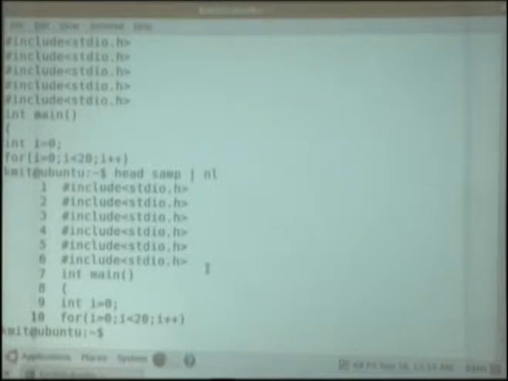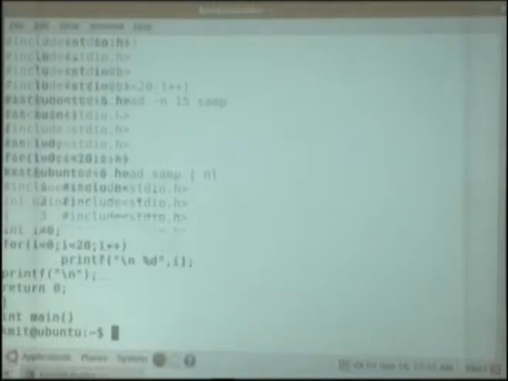I can change this by typing the command with option n and the number of lines I am interested in, and the file name samp. So it has given me 15 lines.